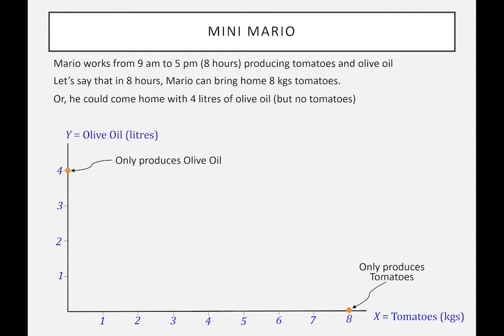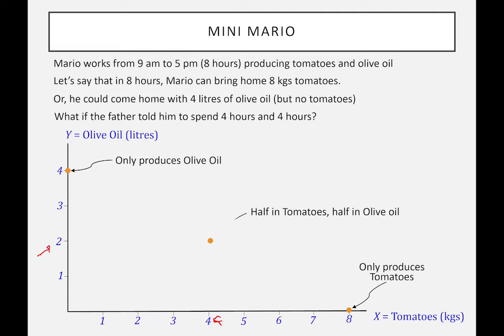Of course, the next question is, well, what happens if his father says, spend half the day getting tomatoes and the other half getting olive oil? What would happen then? Well, if he spent the first 4 hours getting tomatoes, he'd have a point like this here where he'd have 4 kilograms of tomatoes. And then he'd have the remainder of the day to be able to get olive oil. We'd be able to get 2 liters. And so this point in the middle here, this orange dot, is where he spends half his time getting tomatoes,